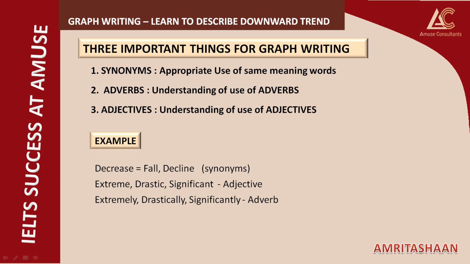The decline can be for something good and something bad. अगर कोई चीज डिक्रीज हो रही है तो वो अच्छा चेंज भी हो सकता है और वो बुरा चेंज भी हो सकता है. अगर स्मोकिंग पीपल के नंबर में कमी हो रही है तो आप बोलोगे कि इट इज अ सिग्निफिकेंट चेंज. You will not use the word it is a drastic change. You will say it is a welcoming change.